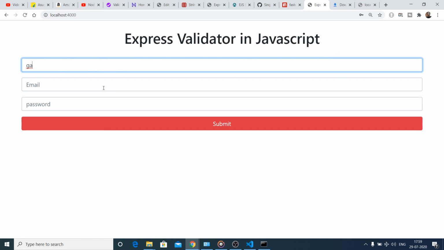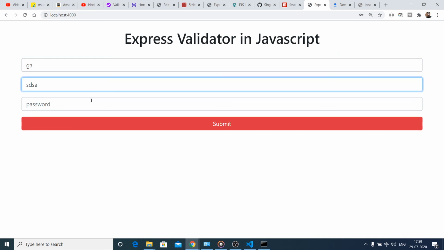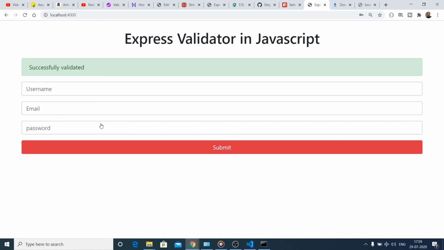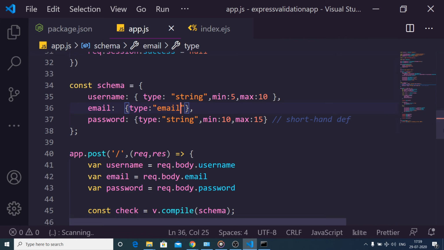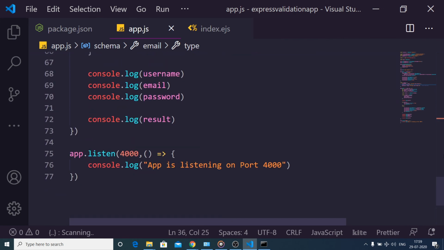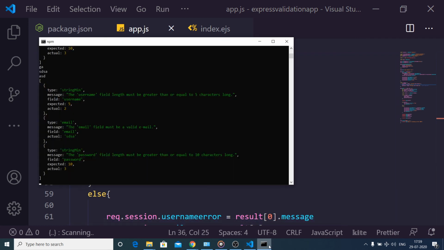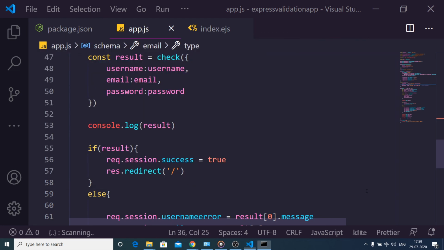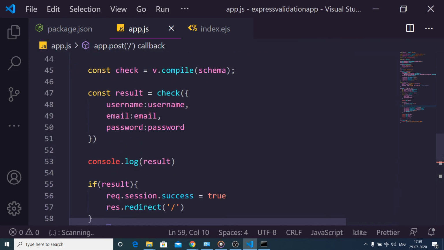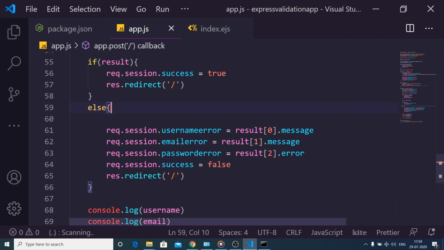So if I write, let's suppose, an incorrect username and incorrect email like this. So in this case, let me see. Let me just see, guys. Request or